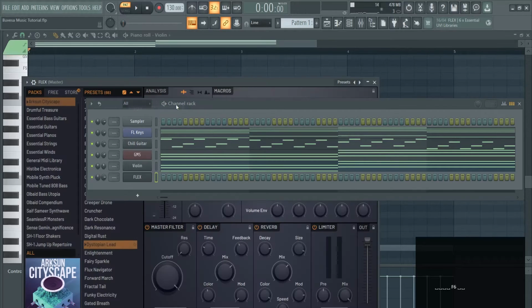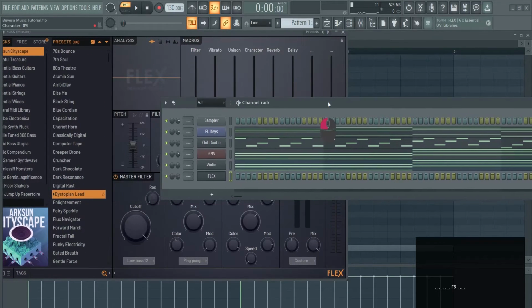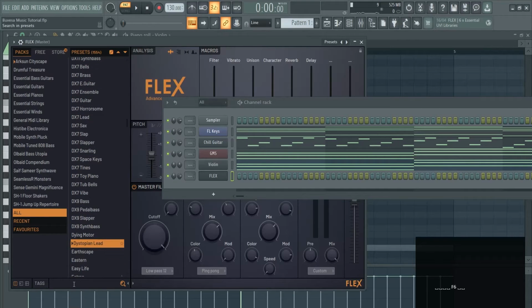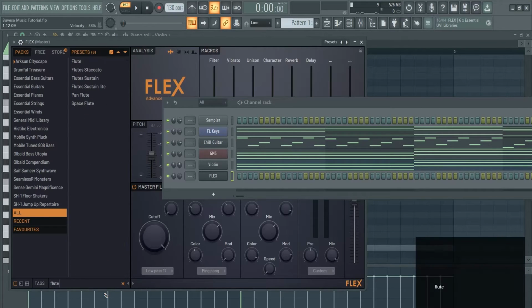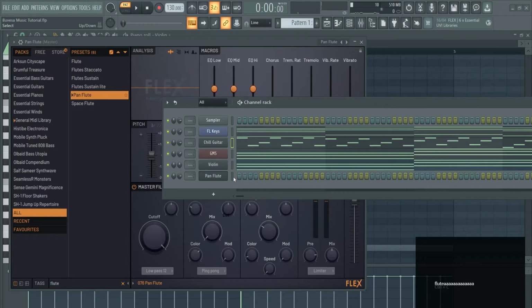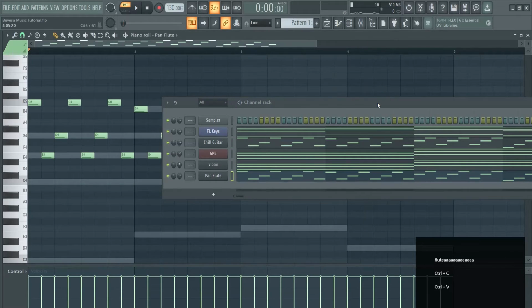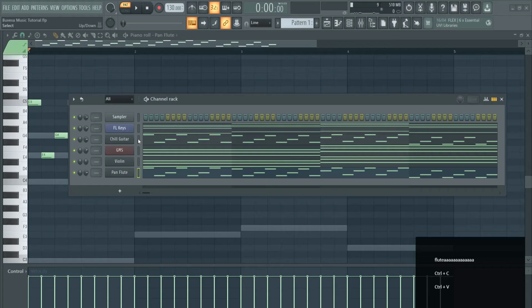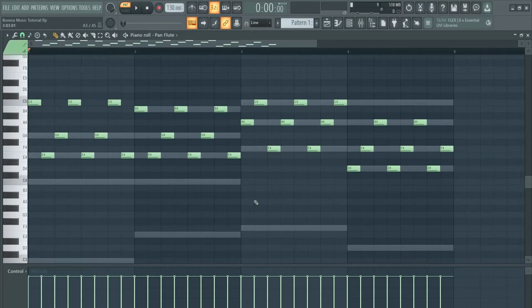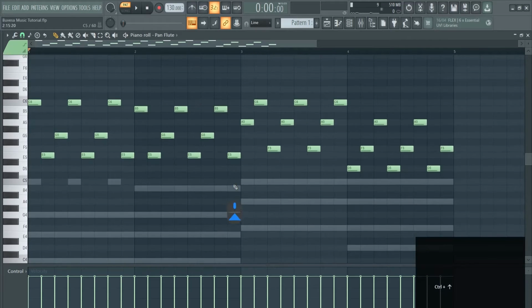So once again, Flex, very cool library, especially for beginners. And then go here. And we can look for a flute. Maybe a pan flute will be nice. And I'm trying to find sounds in different octaves or in different frequencies, because the chill guitar is pretty much high or mid frequencies, and the flute sounds, I can layer them 1 octave higher. Ctrl Arrow up,